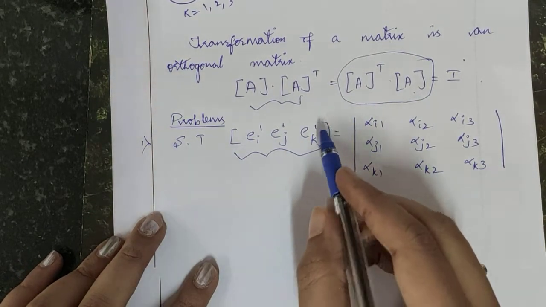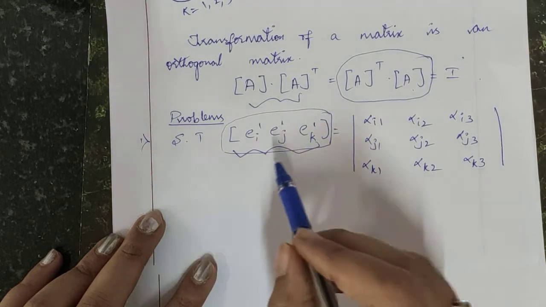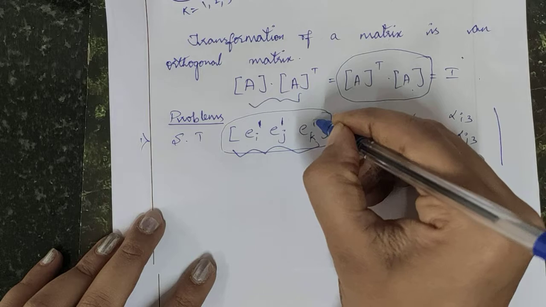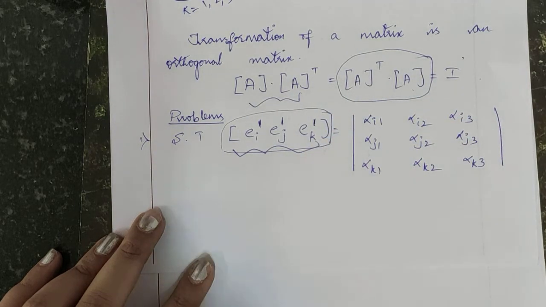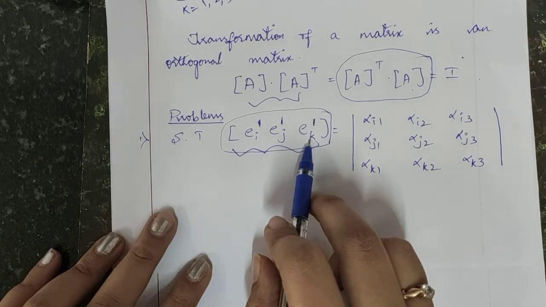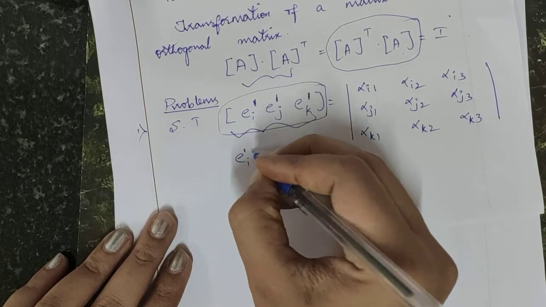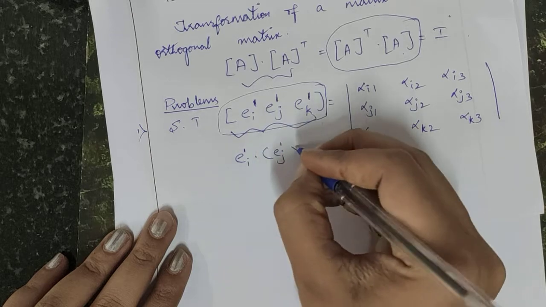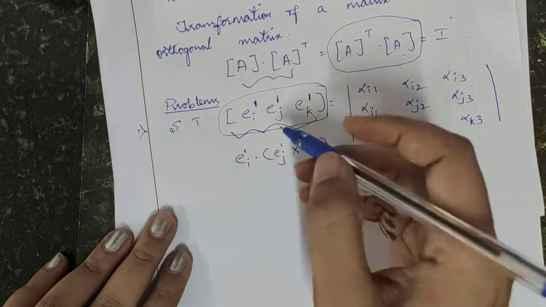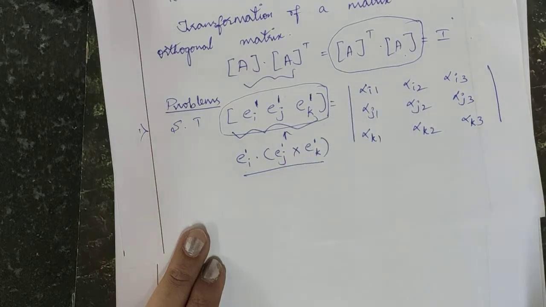I guess you know that this is nothing but the box product of three base vectors for the xi prime coordinate system. Here I have prime, so the system is subjected to the xi prime axis, isn't it? This is a box product. You can express this box product as a scalar triple product, that is Ei prime dot Ej prime cross Ek prime. We have seen in the beginning classes of our continuum mechanics that we can express the scalar triple product in this form as well as in this form, isn't it?